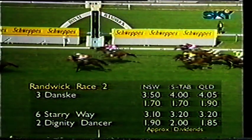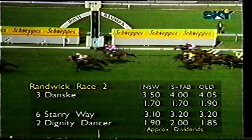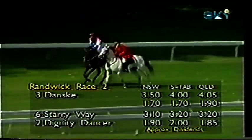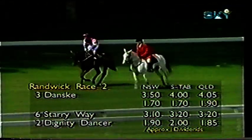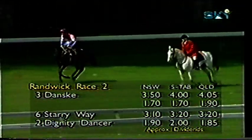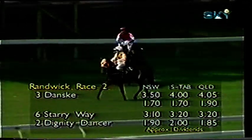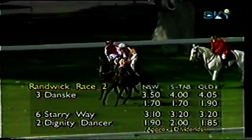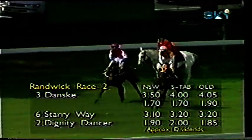He showed plenty of dash from the inside box, Dignity Dancer. I think when he learns to settle better, he's going to make a pretty nice racehorse. But at the moment, he just wants to go a little bit fiercely, and particularly today. But when he learns to race and settles nicely, he's going to be a nice horse for his owners. And as I was saying earlier, he races in the K Biggs Enterprises ownership and carries the same colours as